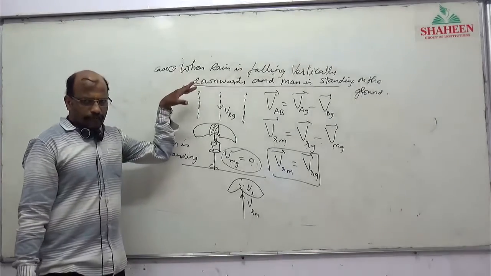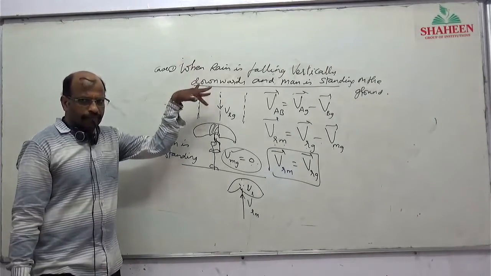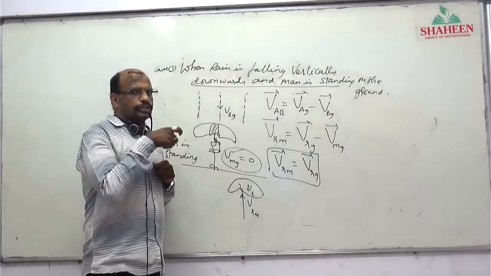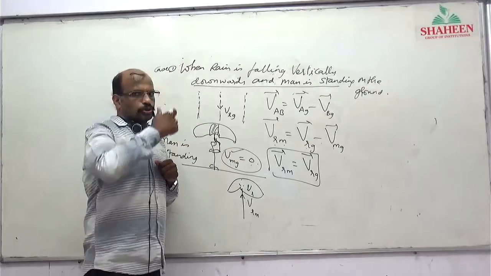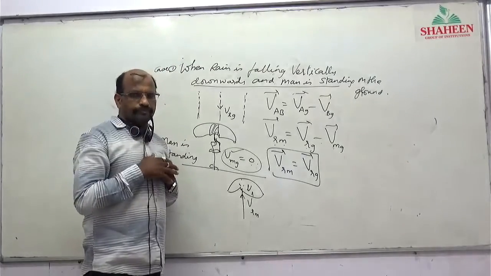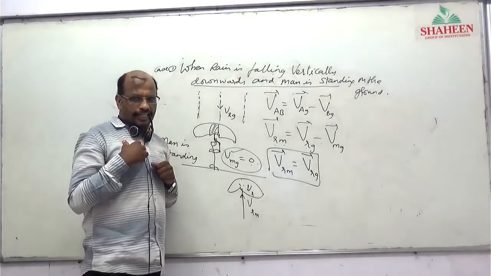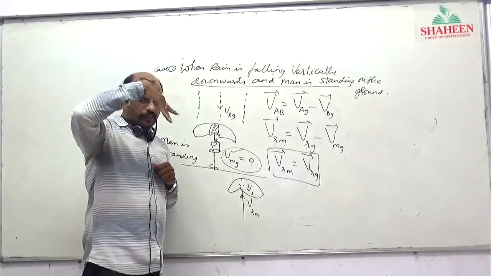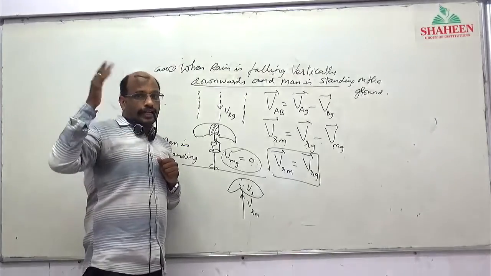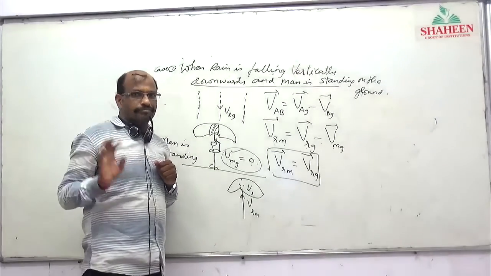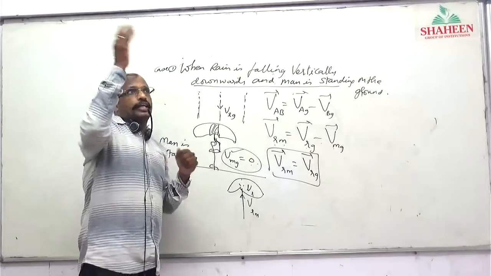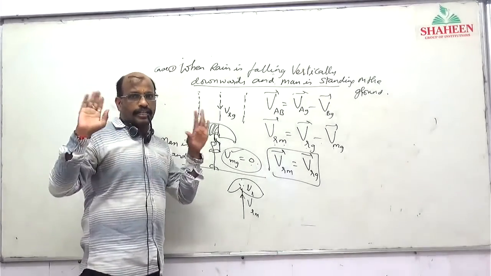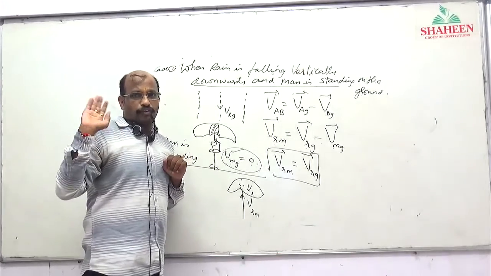See here. I will explain once again. Rain is falling vertically downward. Man is standing still. He wants to avoid rain, so he should hold the umbrella vertically straight, so that there is no rainfall on him. First case, man is at rest. Rain is falling vertically downward. Neglect air flow. Air is not flowing here. Due to air, rain can change its direction, but air is neglected here. Direction of air flow I am not considering.